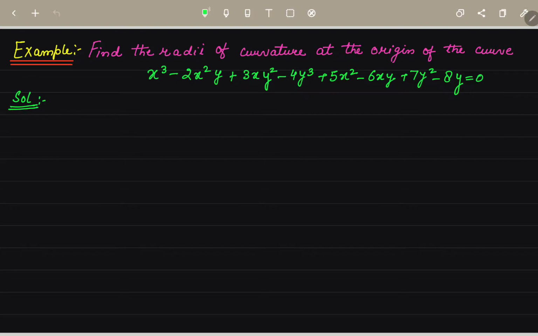We have to find tangents, and for finding the tangents we have to equate the lowest degree term to 0. So we will write here the equation of the curve is,